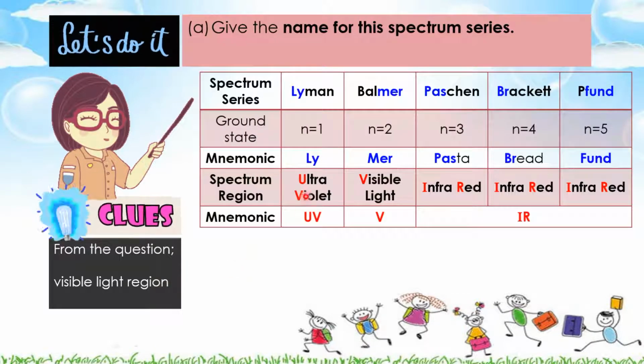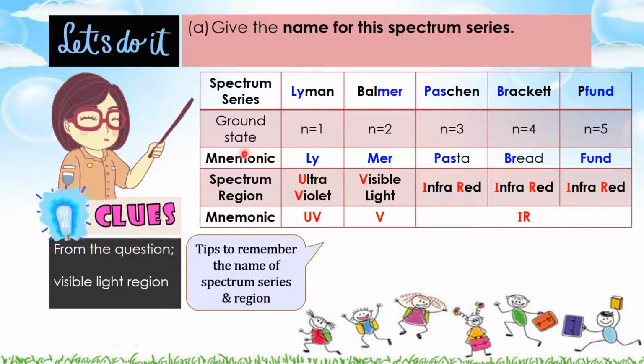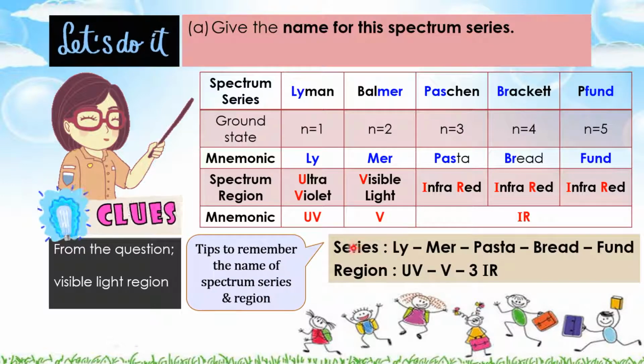We can use a mnemonic: Lime, pasta, bread, fun. Li stands for Lyman, Me for Balmer, pasta means Paschen, bread means Brackett, and fun for